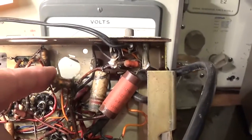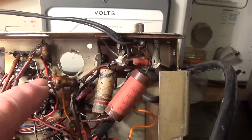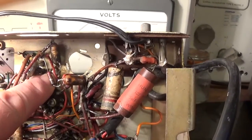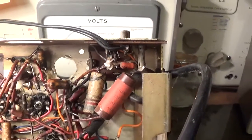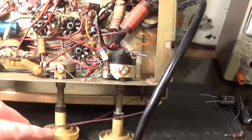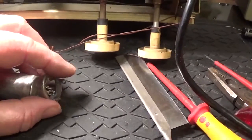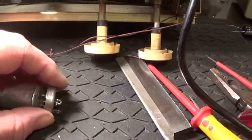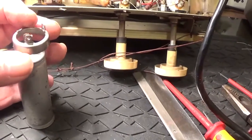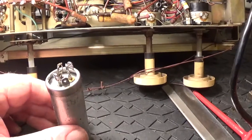And also there's an earth here just to make sure, I don't know if you can see that, there's a little wire soldered to the chassis, which also makes doubly sure that this thing is earthed correctly. So this thing came with these little tags which fit over the capacitor like that, which is quite handy because I can